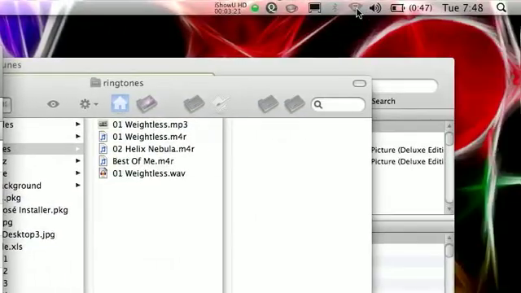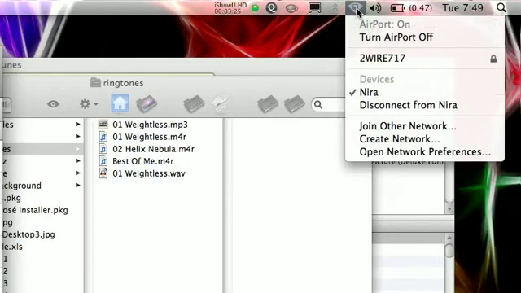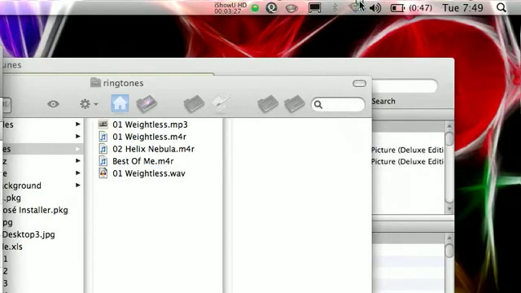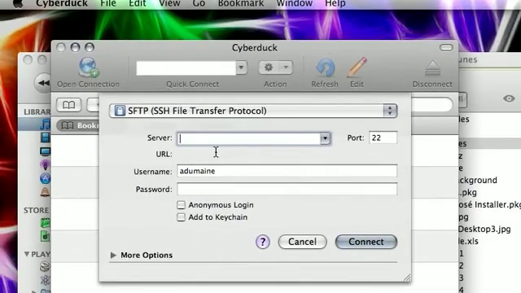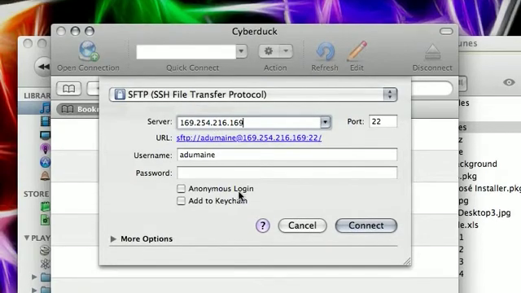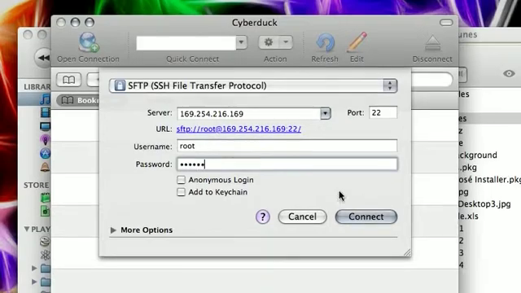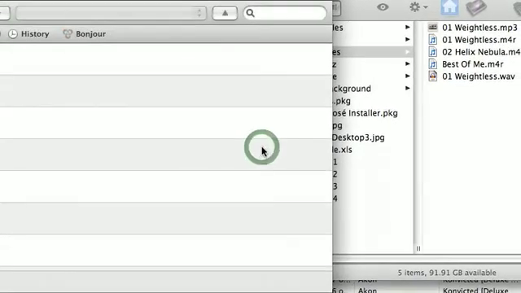What I do is I actually create my own network here in System Preferences. I enabled creating my own network. So I have my own network there, my iPhone is connected to it. So I type in the IP address of my iPhone. The username for the iPhone by default is root, and the password is Alpine, A-L-P-I-N-E. Connect to it,